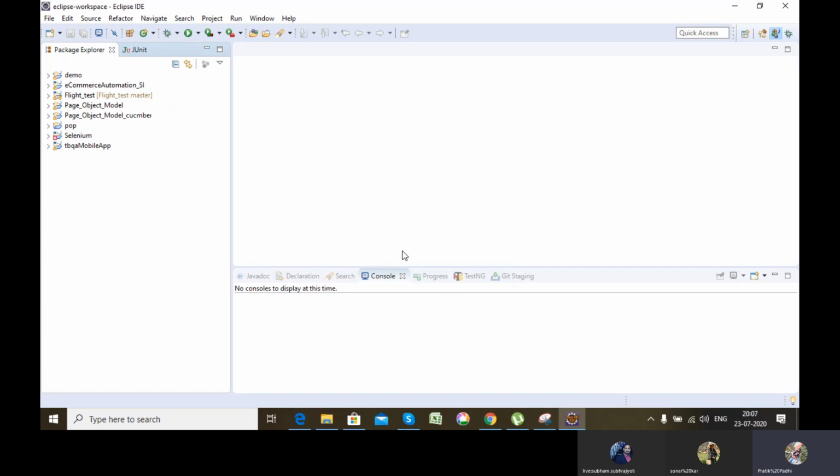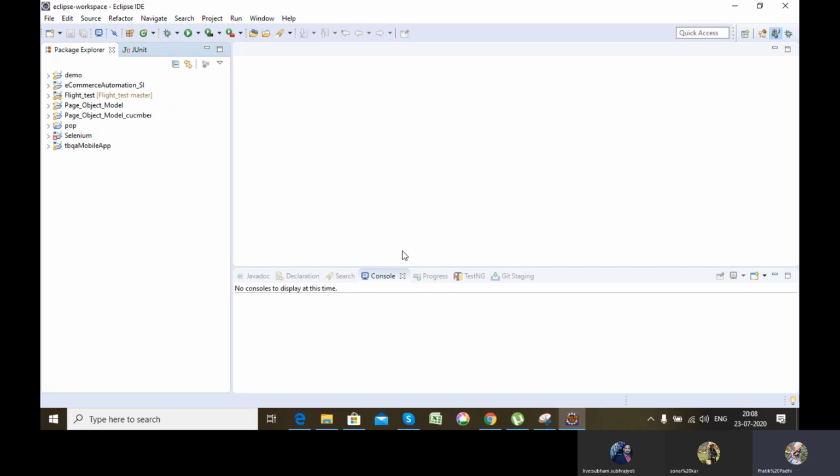You can use the features of a keyword-driven framework, you can use the features of a data-driven framework, you can use any feature you like. Means everything can be done in a hybrid framework. And in a real scenario when you'll be working, you'll be using this hybrid framework only. So coming to our framework, what we'll be learning today is page object model using TestNG.